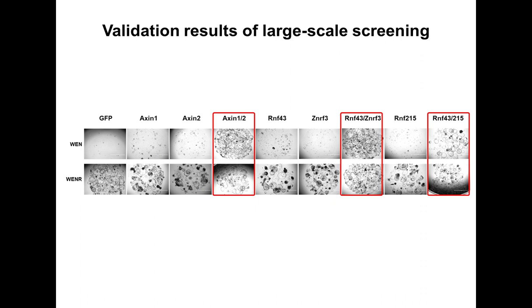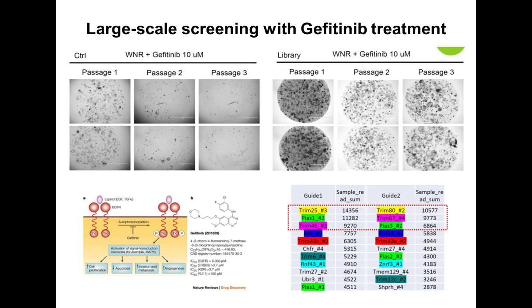So with this, I'm sure that I have shown how the gRNA screening is working, and also the importance of thinking about knocking out the paralogues at the same time using the dual guide RNA system. So next, I'm going to tell you about EGF pathway screening. In this case, we utilize a very famous targeted therapy reagent, gefitinib, which inhibits the tyrosine